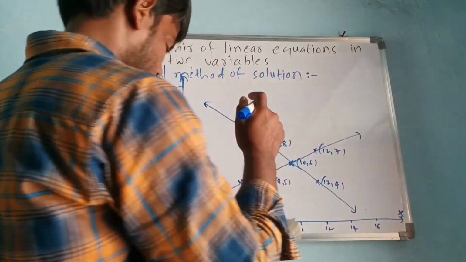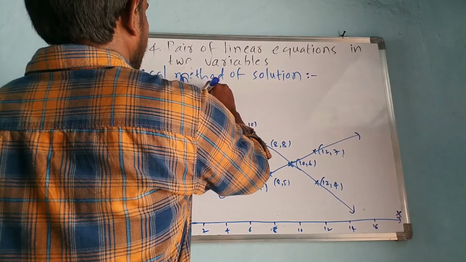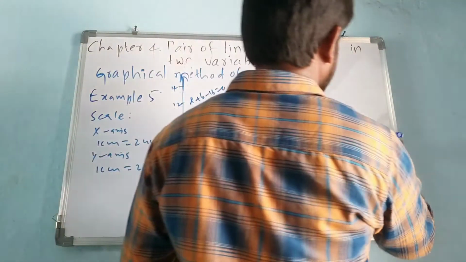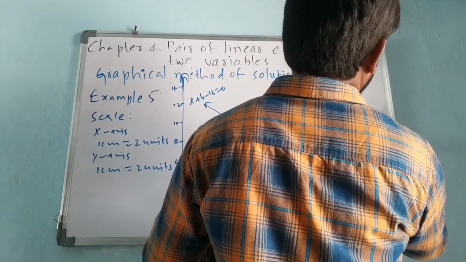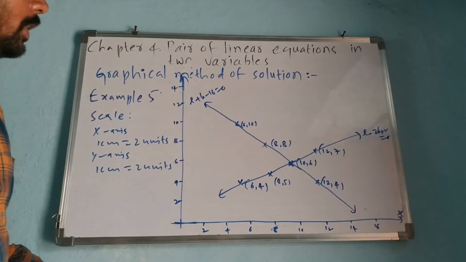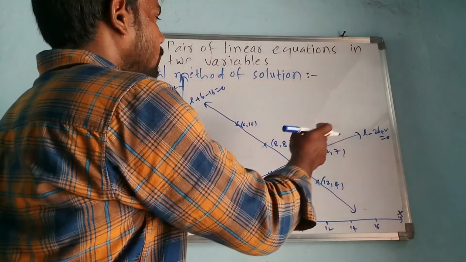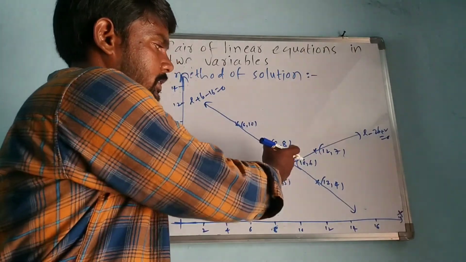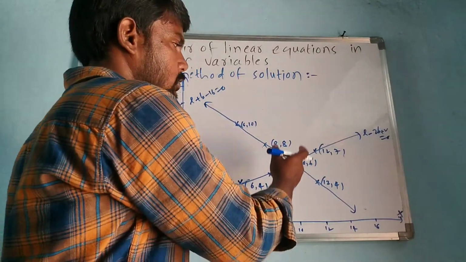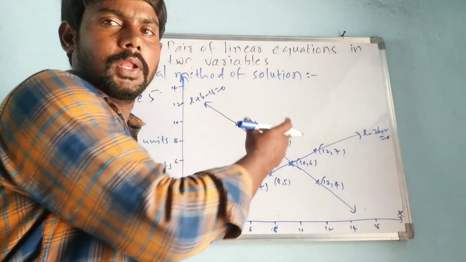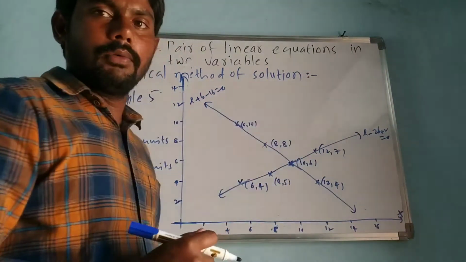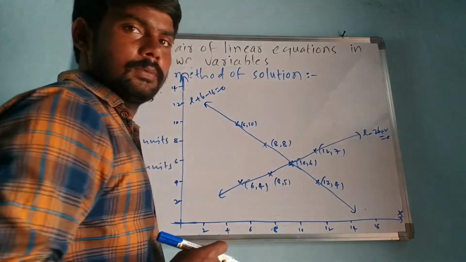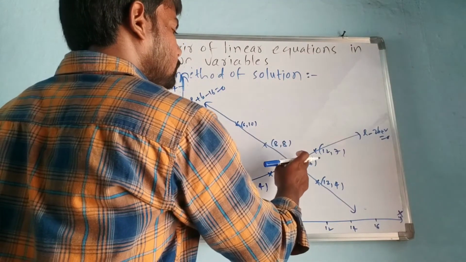So this is L plus B minus 16 is equal to 0, and this is L minus 2B plus 2 is equal to 0. So here, where the two equations intersect at a point, the point is 10 comma 6. So 10 comma 6 is the solution of the given pair of linear equations in two variables. So therefore, the length of the plot is 10 meters and the breadth of the plot is 6 meters.